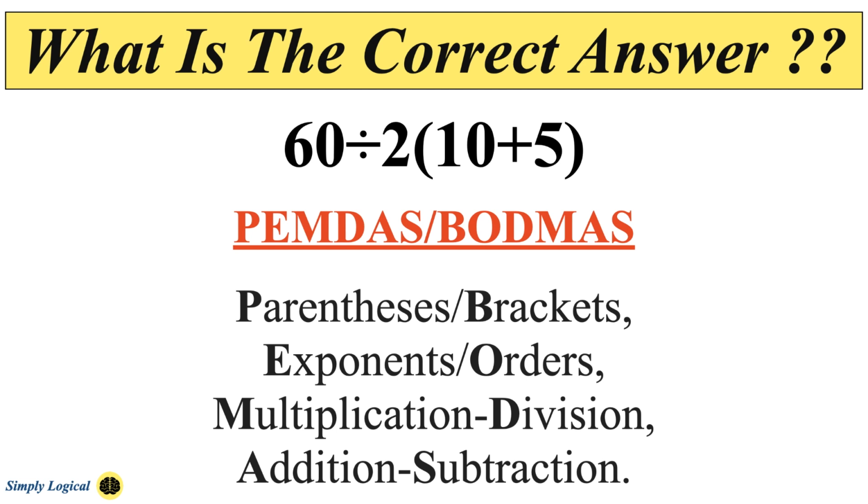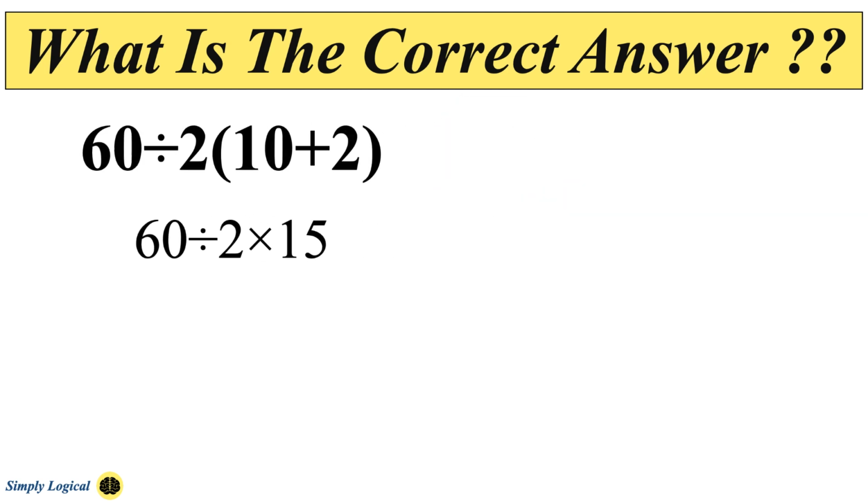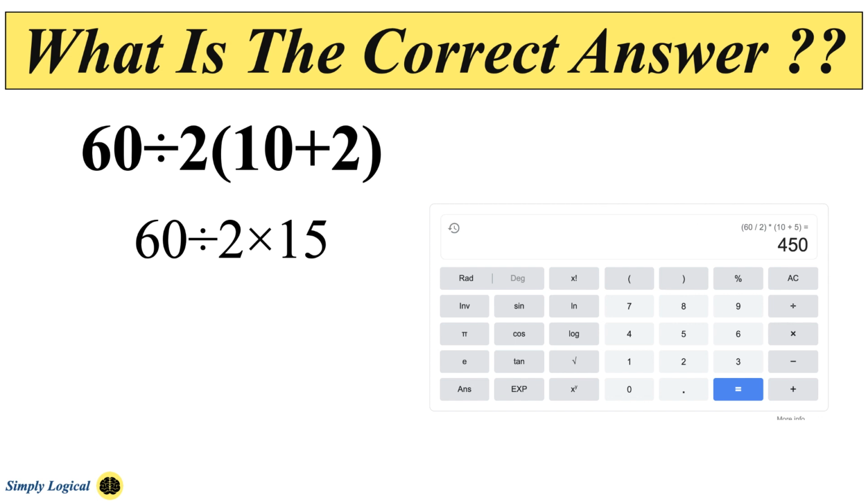Let's solve this expression using the BODMAS rule. Without doubt, everyone is in agreement about the first step. Simplify the addition inside the parentheses in this expression, because according to the rule, parentheses get the first preference. So after evaluation, the expression becomes 60 divided by 2 into 15. This is where the debate starts. If you type 60 divided by 2 into 15 into a calculator, the input must be parsed first and then computed. So most calculators will convert the parentheses into an implied multiplication. So we get 60 divided by 2 into 15 like this.